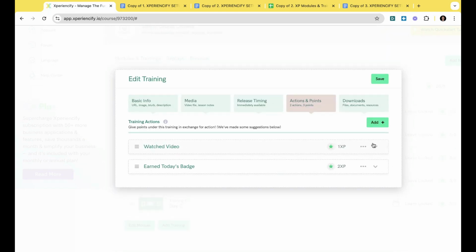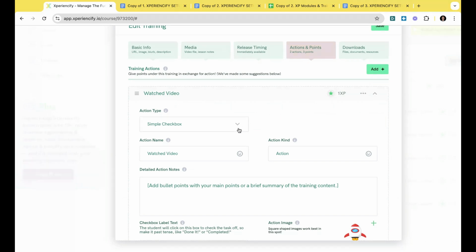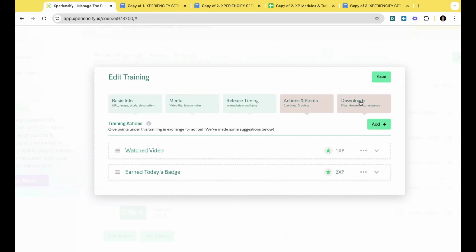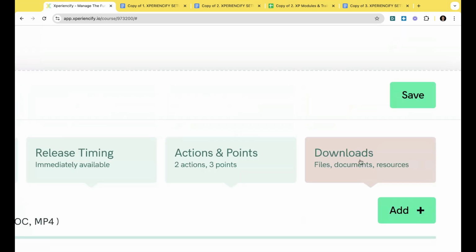But with these actions, this is where you're going to confirm: did they watch your training video? Have they completed the worksheet that you wanted them to download? Have they gone out and had a conversation with their partner? Have they tried to do the code? Have they done the worksheet? Whatever pieces that you want. But the key here is that you want to make sure that you give them actions in order for them to continue to be engaged in the course, have something to do, and take a next step. I'll walk through those in a second. And then the 5th thing that you can do is this section right here where it says downloads.